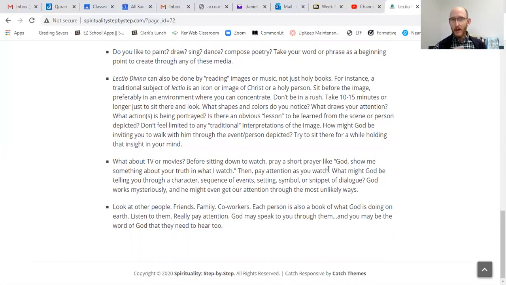Now, with that, I want to point out the very last way of Lectio Divina, and this is a much more expansive way, a much more lifestyle way than it is a discrete practice, but one I would encourage you to try to wrap your mind around as well. It says there, look at other people, your friends, your family, your coworkers, those you come in contact with on a daily basis. They can be seen as a book or a text for God to speak through. If we're willing to shift our perspective a little bit and think of each person as a way that God is speaking to us. And we can also think about how we can be a way that God can speak to them.